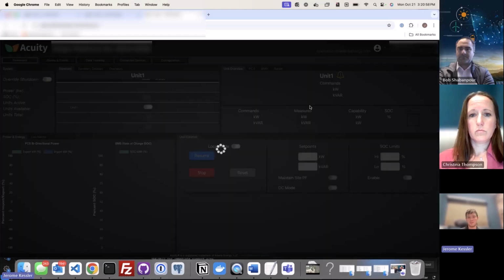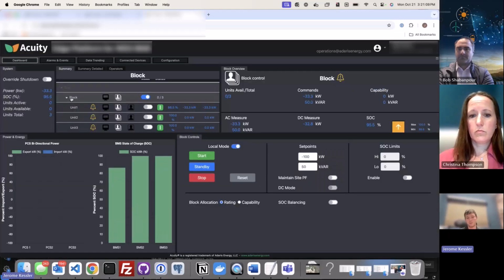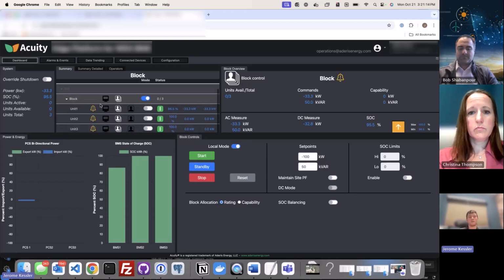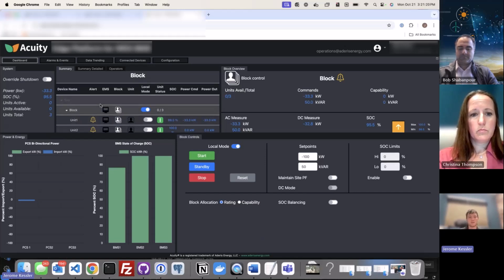So each one of these units has a BMS and a PCS, a battery and an inverter. And then you can control them on the unit level, like set a set point. Then you could also control on the block level, which would actually set points for all of the batteries inside its block. So this is a good example of managing multiple batteries on a site. This one in particular has no scheduling, but there's a lot of cool features, like you can maintain site power factor and state of charge balancing. And again, it all really depends on the battery and the requirements for the site that we are implementing for. But yeah, here's a good example of 3 sites.